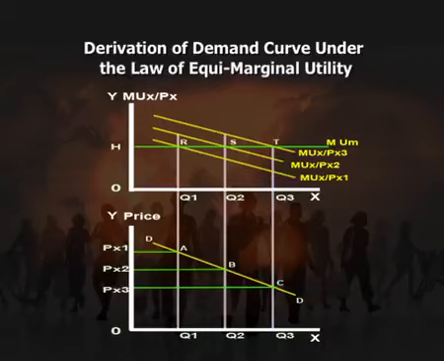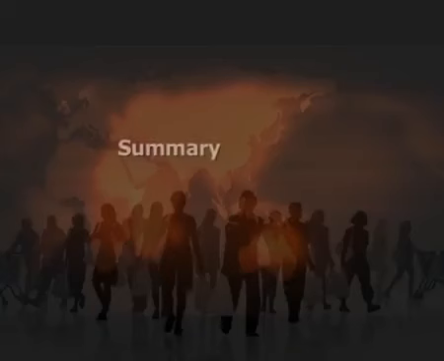Similarly, if the price of good X changes further, it will be possible to find the quantity demanded at the new prices. Thus, by drawing a line through these points, that is A, B and C, the demand curve DD for good X is derived. The demand curve DD slopes downwards, which states that with every fall in the price of a good, the demand for it will increase. Let's conclude the session. Today, we have discussed the cardinal utility approach of consumer demand, derivation